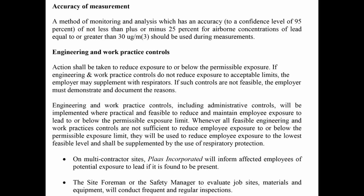Whenever all feasible engineering and work practice controls are not sufficient to reduce employee exposure to or below the permissible exposure limit, they will be used to reduce employee exposure to the lowest feasible level and shall be supplemented by the use of respiratory protection. On multi-contractor sites, Plaas Incorporated will inform affected employees of potential exposure to lead if it is found to be present. The site foreman or the safety manager to evaluate job sites, materials, and equipment will conduct frequent and regular